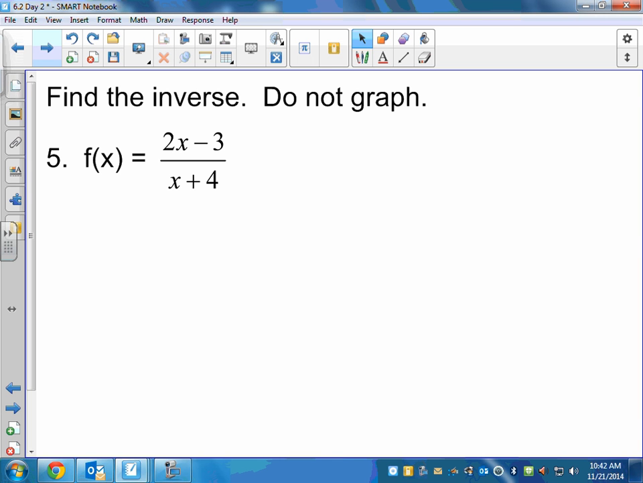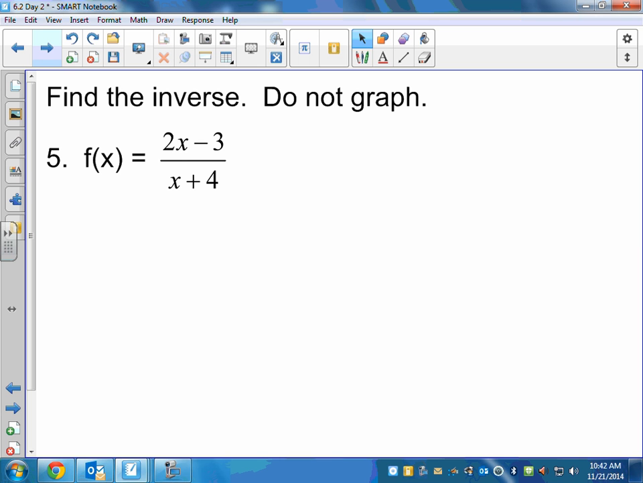On these directions on your homework, you do not have to graph. I even think the directions say do not graph because we've graphed these already in Unit 3. They're not really that fun to graph. We have to do the asymptotes. We could graph them, but they're just a pain, right? So you don't have to graph these, but they do want you to be able to find the inverse